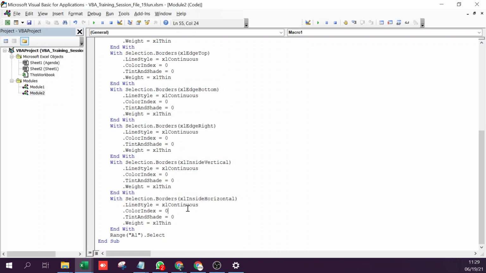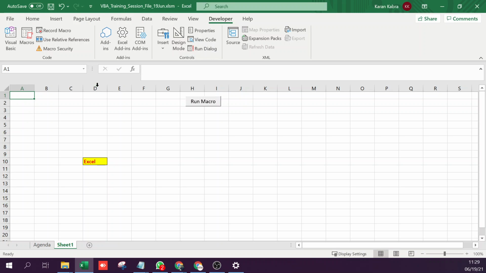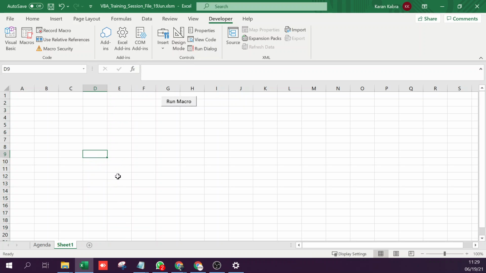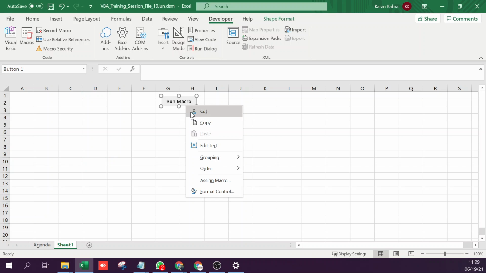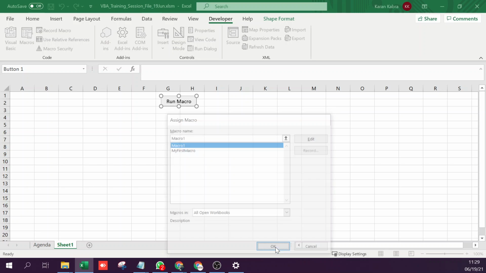Right? So you can see this code has got created. Now, if you want to repeat the same thing again, okay, let me delete this. If I want to repeat the same thing again, first of all, I'll assign the other macro to this button, which is Macro1, the macro that we recorded.